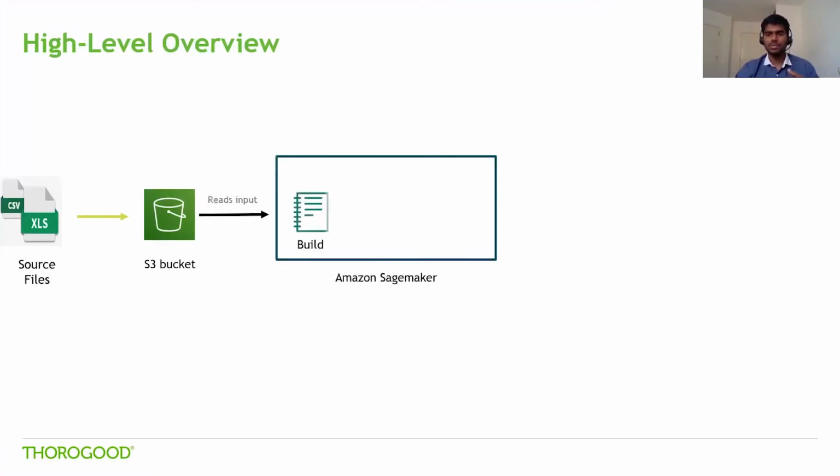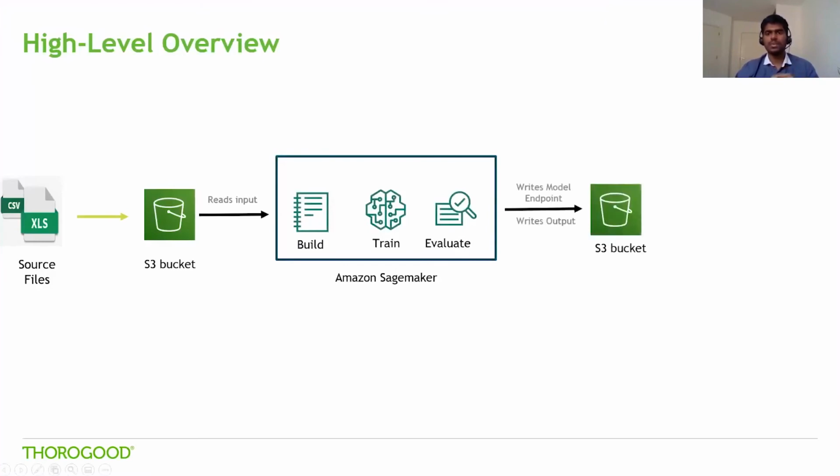Now let's look into the high-level steps involved in achieving the stated business objective. First, the source files are loaded into an S3 bucket and used to read input into the Amazon SageMaker notebook. And within Amazon SageMaker, we are basically looking to build, train, and evaluate the model outputs. And then the output data set is written to another S3 bucket,